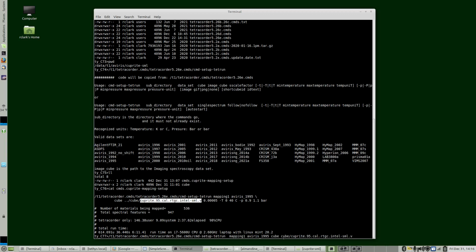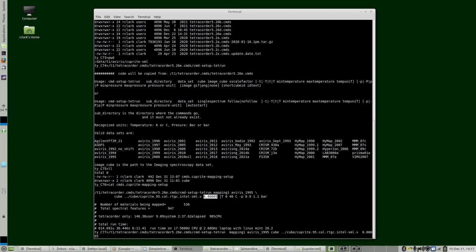And so if you did a test of seeing this file from this location, that's what you would type. But when Tetracorder runs, we're going to move into this directory, so that would not be a valid address. You'd have to put a .. in front of it. So if you're familiar with Linux and Unix file name conventions, this is up one directory, and then when we're down in this directory, we would move up to the level that the directory cube is located. Okay, then we have our scale factor,